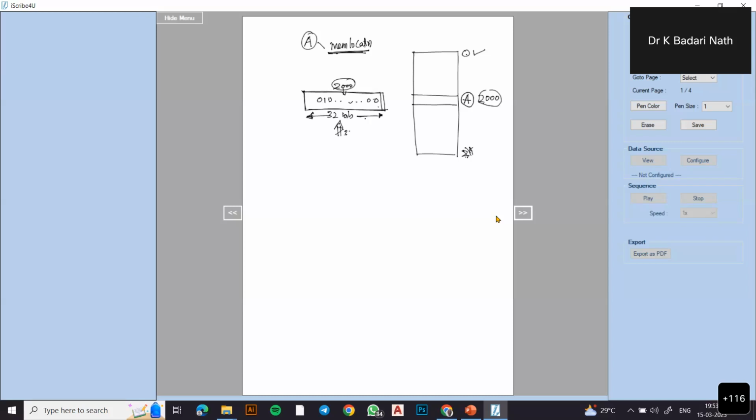So if I write an instruction called add A, B, C, what does it mean? When I convert it into machine language format to specify the 32 bits, I require what? One word is